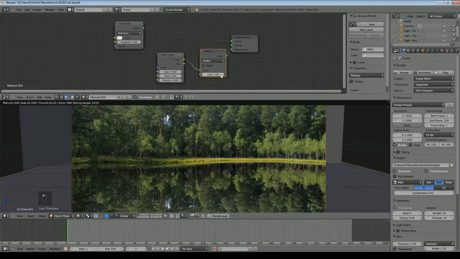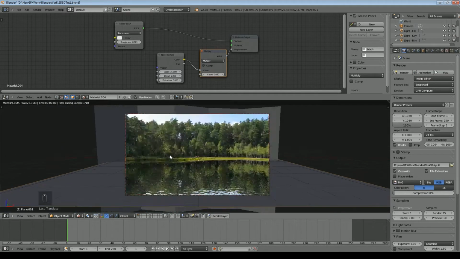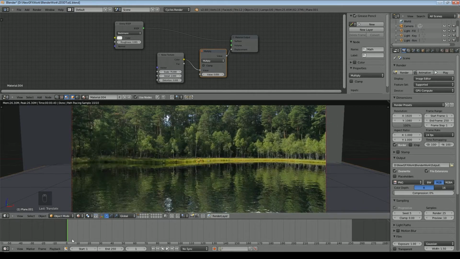And then we just play with this. That's 0, so perhaps 0.05, and that just gives us a little bit of distortion. You can put a tiny bit of roughness on, 0.001 maybe, if you want to add just, it sort of simulates even finer ripples. But bear in mind, at the moment, these ripples are not animated. Doesn't matter where we go in the timeline, the ripples don't change. So let's do something about that.